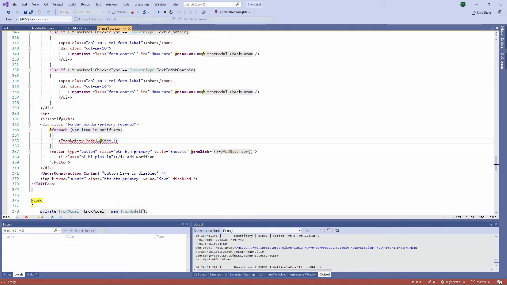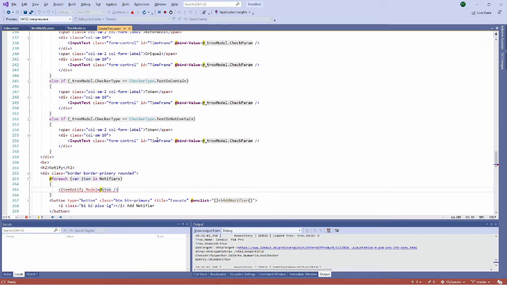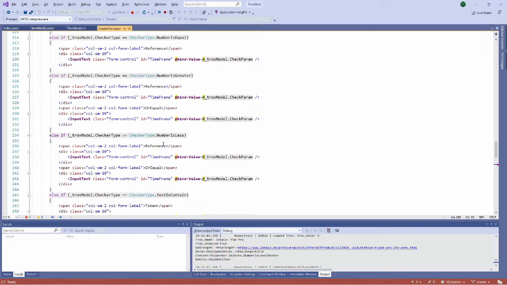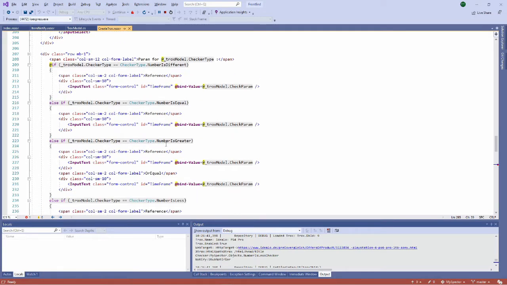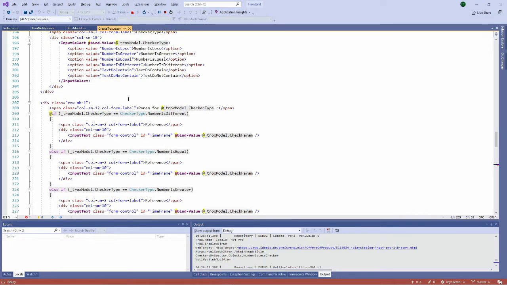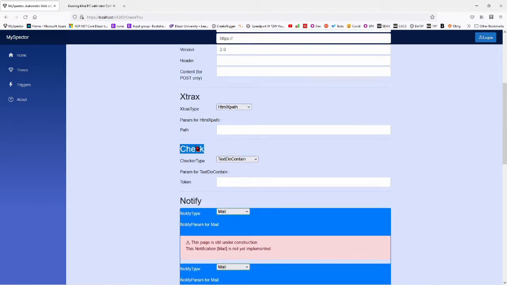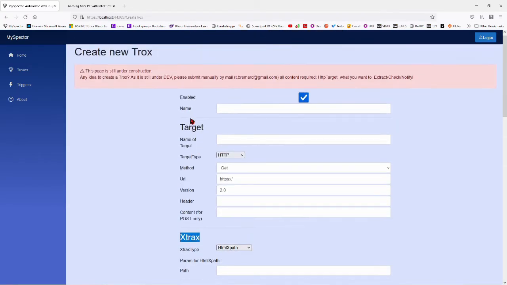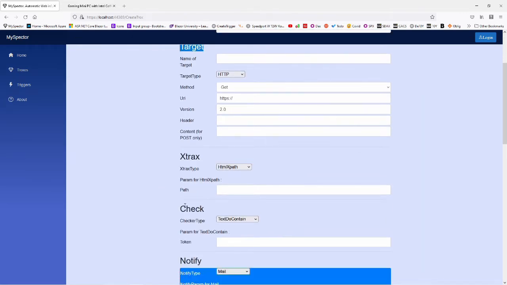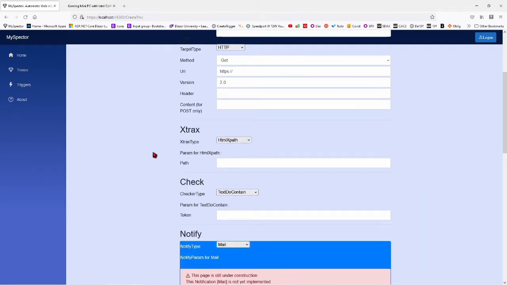What I will do now live with you is, because it is a little messed up in the code above, I will try to do the same kind of thing on the above component. I will start first with the checker, then the extracts, and then maybe do only the checker and the extract. This should be sufficient. I don't know what we will see.